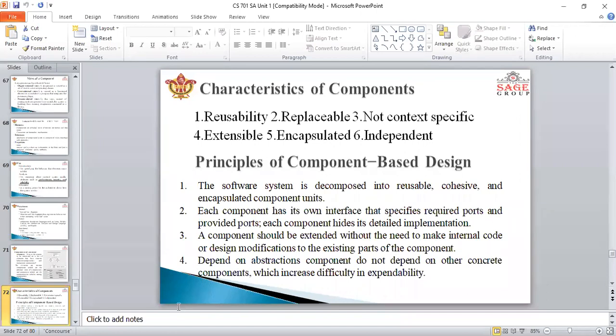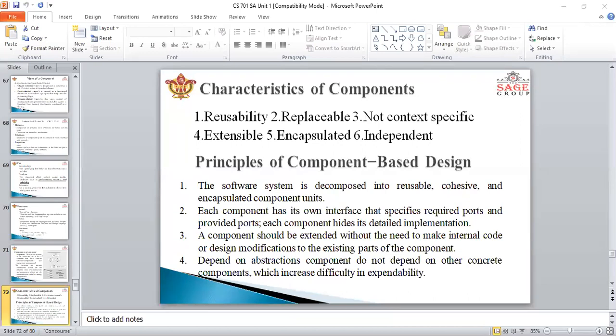And also here you can see the principles of the component based architecture. So a component level design can be represented using some intermediate representation that can be translated into source code. And the design of data structure, interface, and algorithm should conform to well established guidelines to help avoid the introduction of errors.